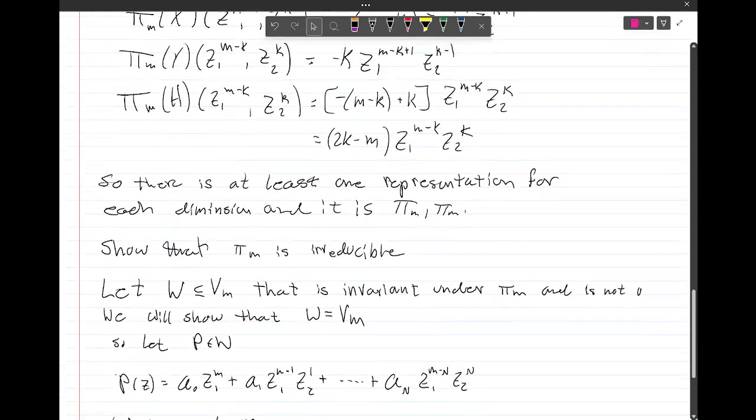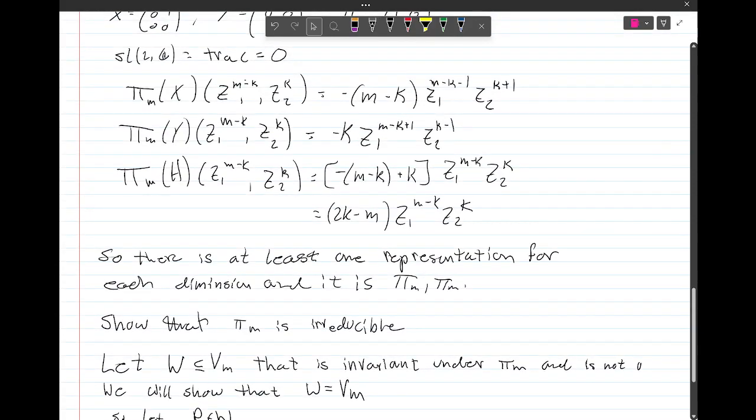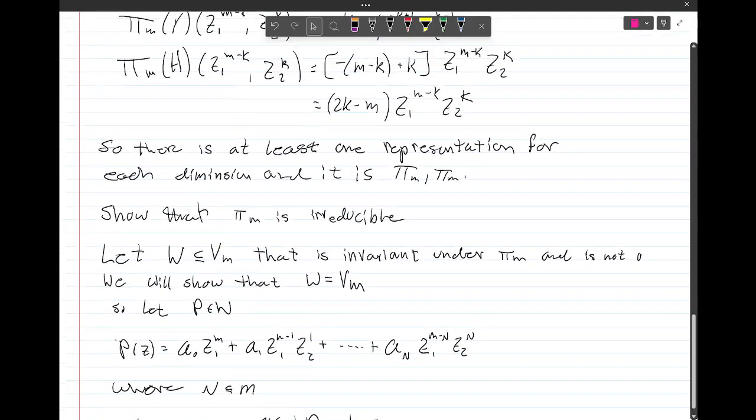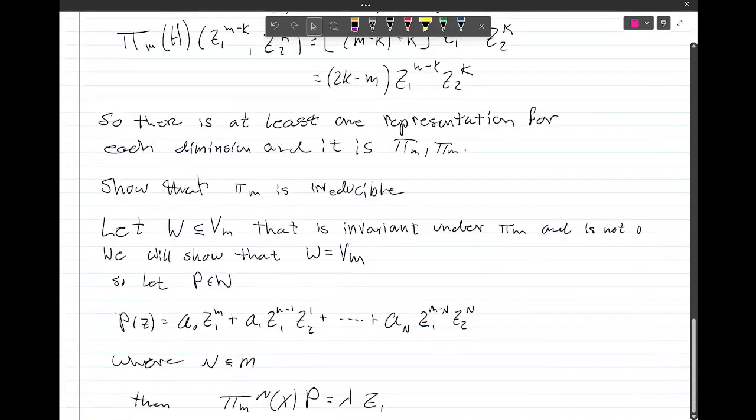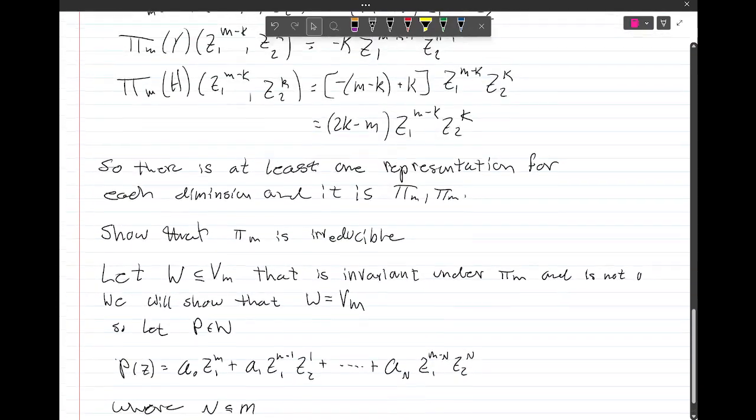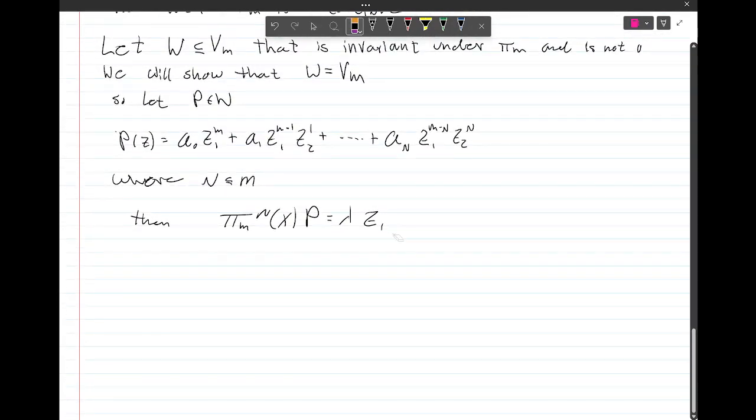So it decreases z1. So we want to decrease z1 until we're only left with some constant multiple of z2